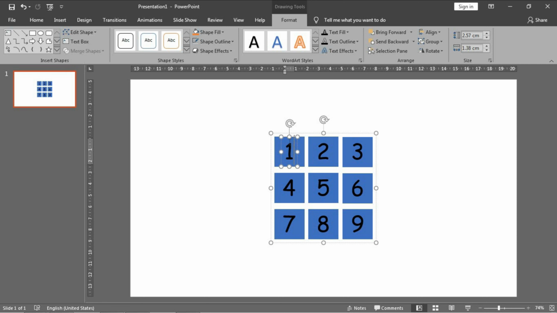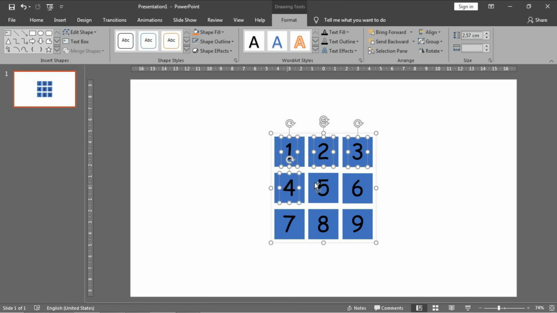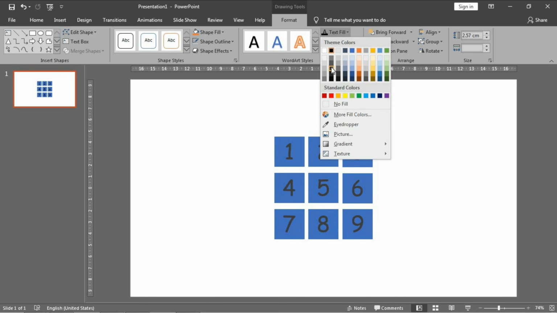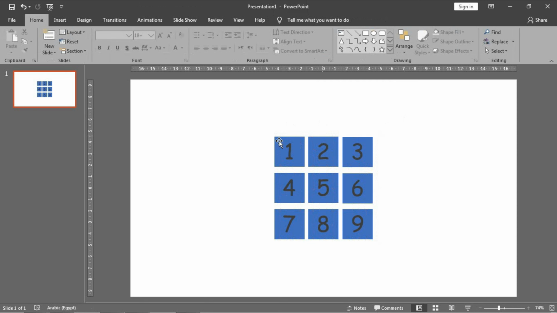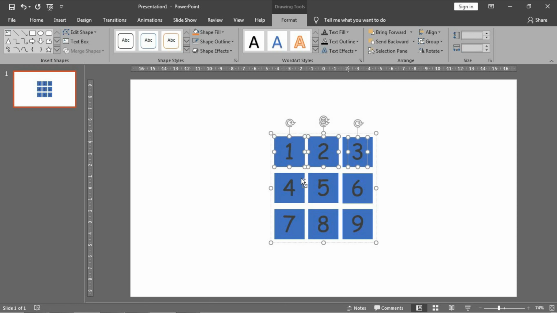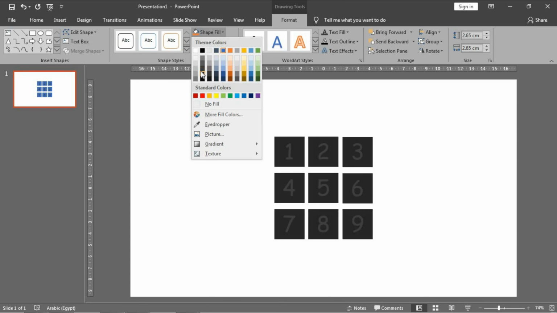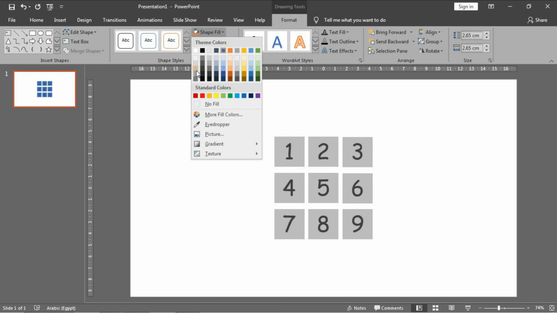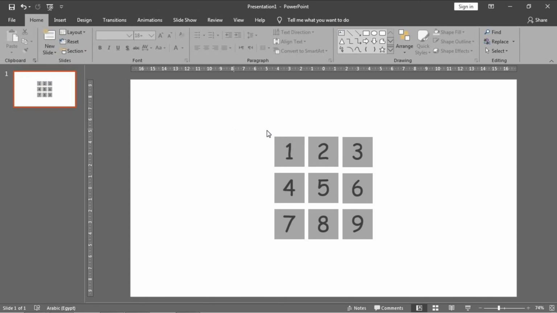Now I will choose a color for all of these numbers, and I will choose a color near to gray to appear as a dull color like this. And I will choose a color for the cubes to appear as off cubes, and in each slide each one of these cubes will be on by giving it a color. I will choose, okay, I think this one is okay. No, this one. Okay, now